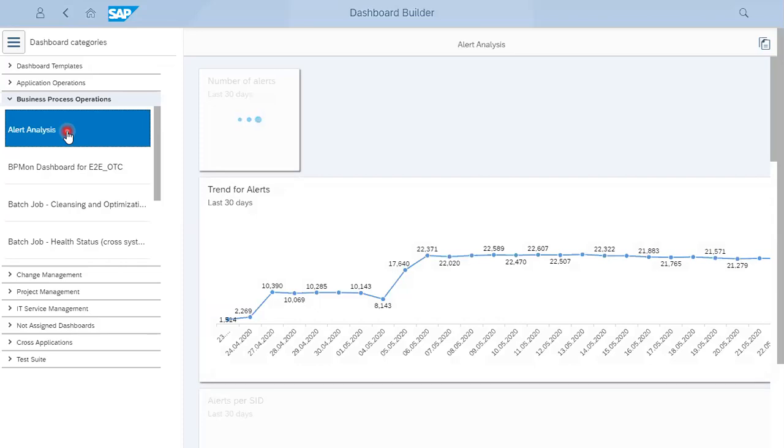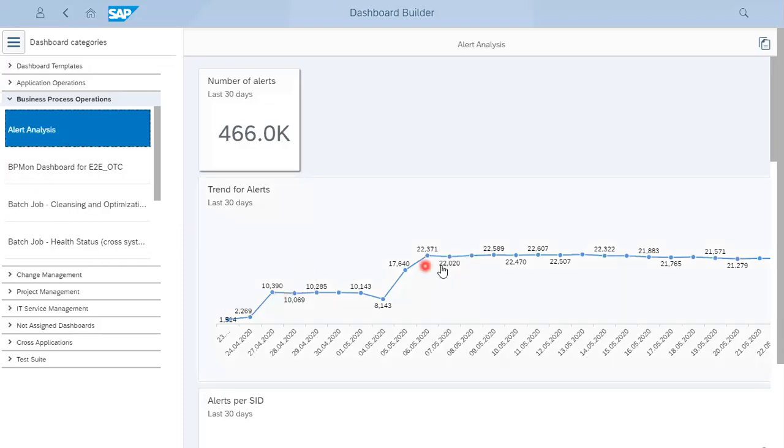You can see a trend of alerts for last 30 days. It is based on total alerts in business process monitoring. So it is total alert. If I talk about it, it is 466k, that is thousands. Based on the alerts, we can see how the alerting is showing for last 30 days, and it is number based style, so it is showing just alerts, and it looks like it has only numerical tiles and numerical values here.